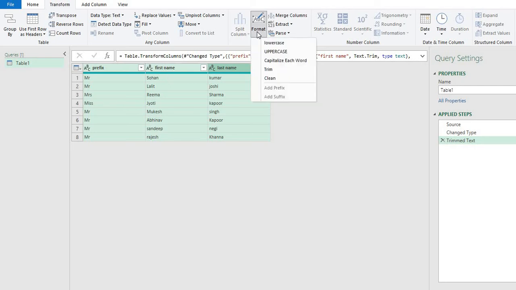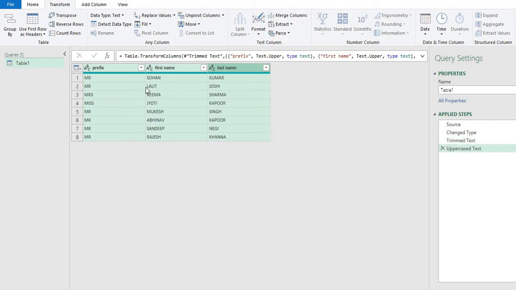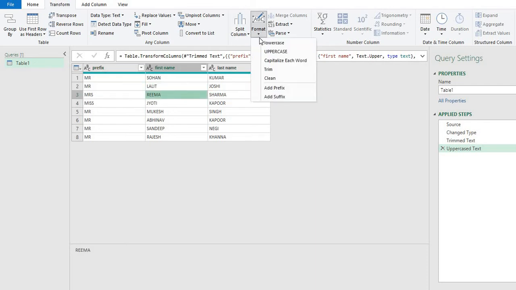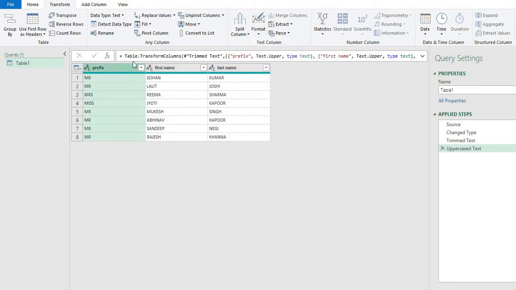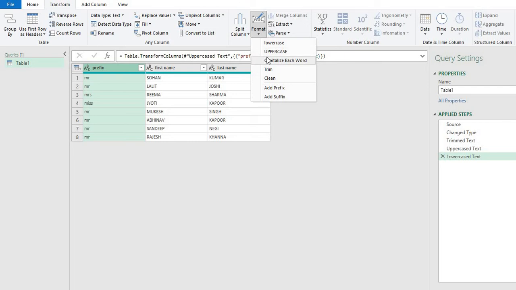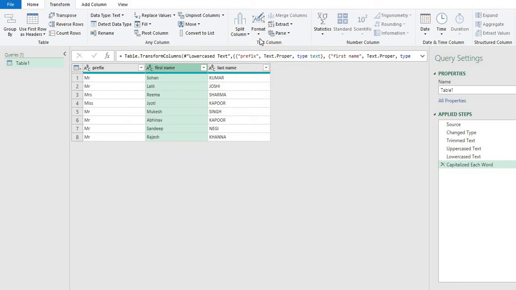Next, I will use Uppercase. Now our data is in uppercase. So this is the way we can use it. There are many other functions like Lowercase. If you want to convert this data into lowercase, we can do that also. Similarly, Capitalize Each Word is also possible. Here we also use Capitalize Each Word,